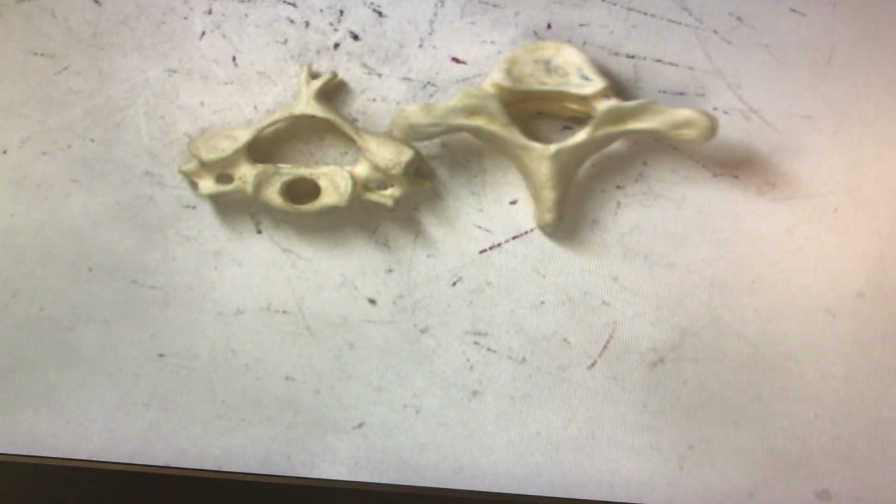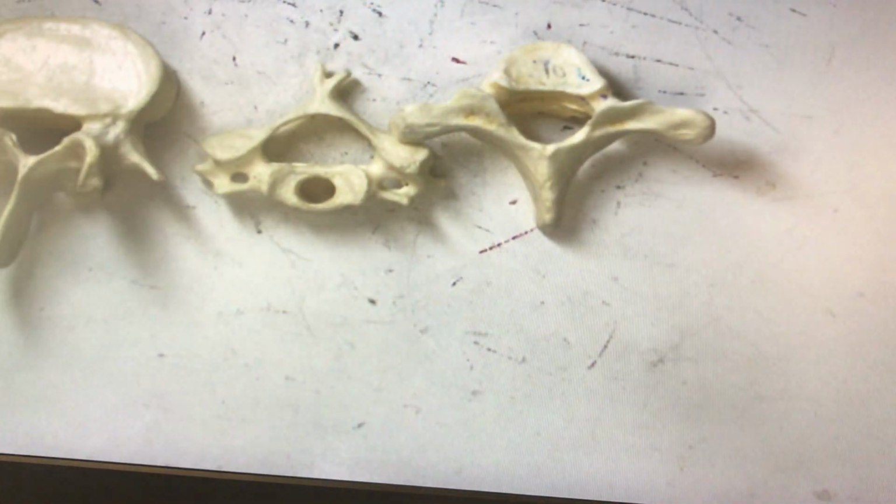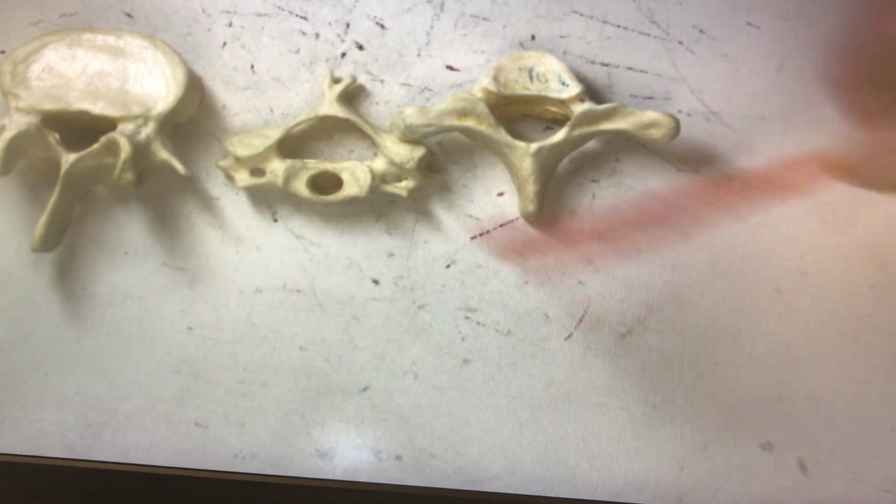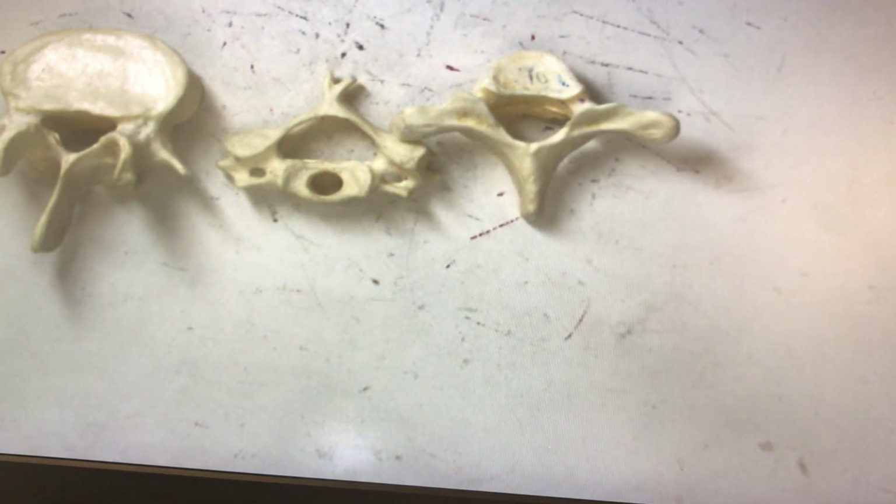And then here's a typical thoracic vertebrae. And then here's our typical lumbar vertebrae. How can we tell one from the other? Obviously, besides size, but if I had these two right here,